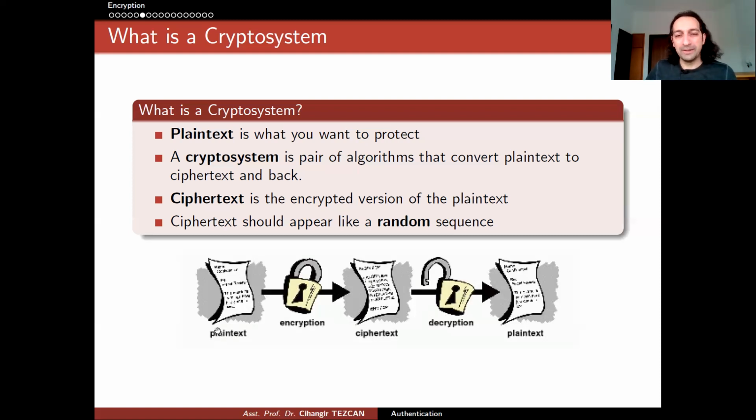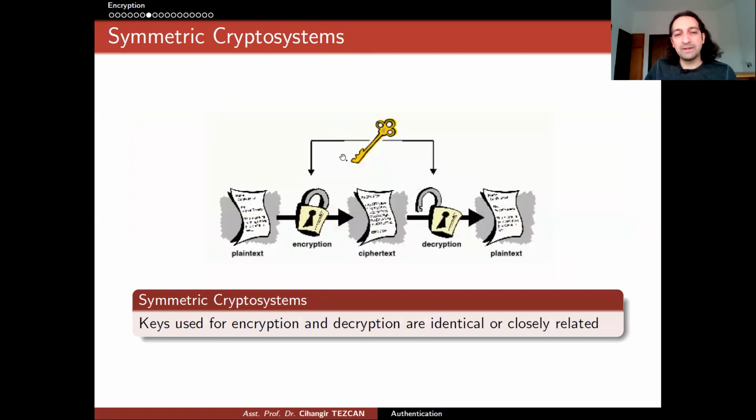So let's move on a little bit more. In the symmetric key cryptosystems, as I mentioned to you, we have a secret key, we share it all together, and we use this key to encrypt and decrypt. So when I'm sending my voice and video to you, Zoom encrypts it for us, and your Zoom client also decrypts it and shows you my voice and video. So this has to be really fast, right? Because otherwise we would have a delay, and it will be very hard to communicate if you talk at the same time, because there will be delays from all ends. So this encryption should be on the fly, so fast that we shouldn't see any lag or latency, okay?